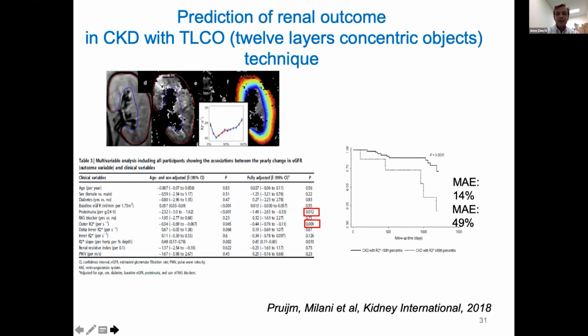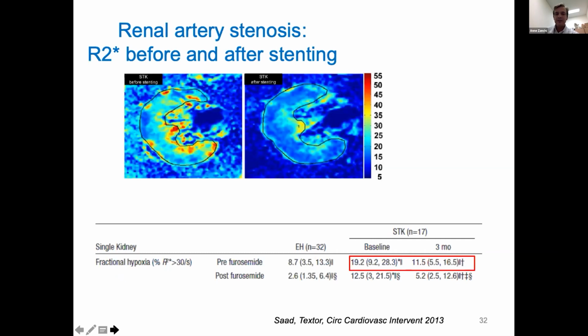we could demonstrate in a cohort of 200 subjects that the R2* level of the 3 outer layers of the kidney as obtained with the TWLO technique, so the cortex, is an independent predictor of eGFR decline. And on the left graph, it's in very small letters, but the only independent predictors of eGFR decline were the R2* value of the cortex, and the other one was the degree of albuminuria. All the others did not predict eGFR decline in the 3 years of follow-up. And when you look at hard endpoints on the right side of the previous slide, in fact, people with R2* values above the 90th percentile had 3 times more risk to finish up in dialysis than